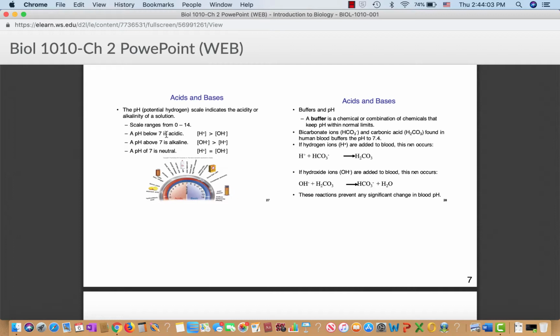Anything with a pH below 7 is acidic. Anything above 7 is alkali. 7 is neutral. Our pH is roughly 7.4-ish. And if you were to go a full pH unit out of that, 6.4 or 8.4, that's no longer compatible with life. We go through a lot of trouble with buffers and such. The primary buffer we use is sodium bicarbonate. It's not that good of a buffer, but we have tons of it in our blood,